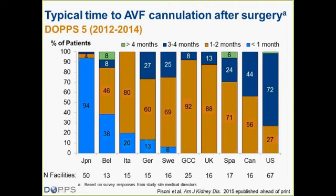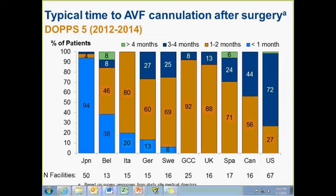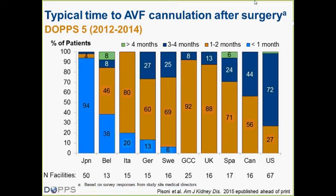This slide is from a medical director survey. The medical directors of each of the study sites, we asked them, what's the typical time from the time of creating the AV access to when you cannulate it? And the U.S. actually has one of the longest typical cannulation times of any of the countries that we see in DOPPS. In Japan,